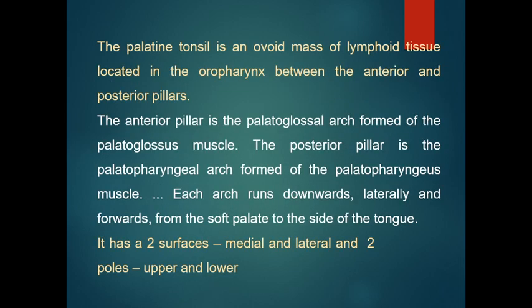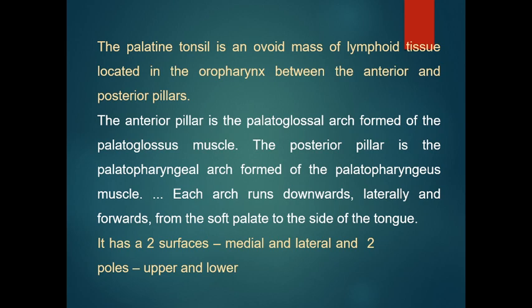Particularly, the palatine tonsil is an ovoid mass which is of almond shape. It is of lymphoid tissue located in the oropharynx between the anterior and posterior pillars. So what are this anterior and posterior pillar? The anterior pillar is the palatoglossal arch formed by the palatoglossus muscle, while the posterior pillar is the palatopharyngeal arch formed